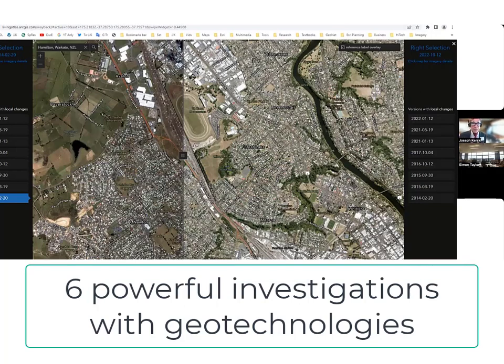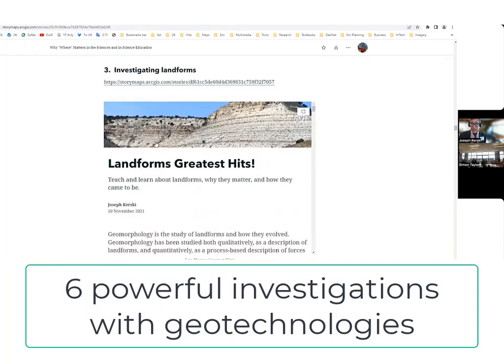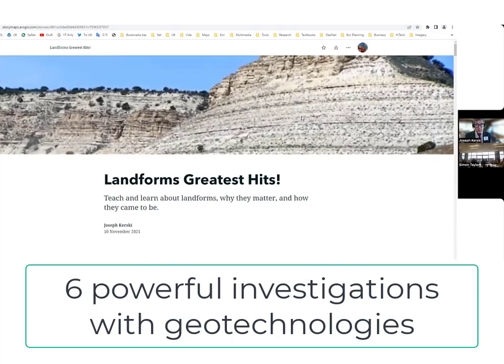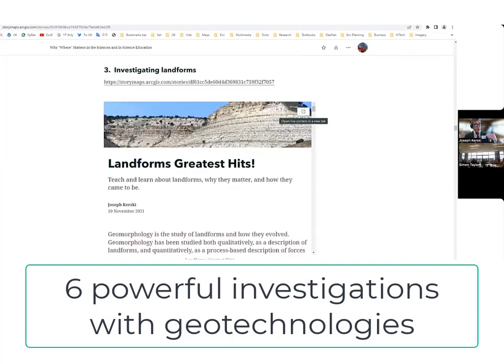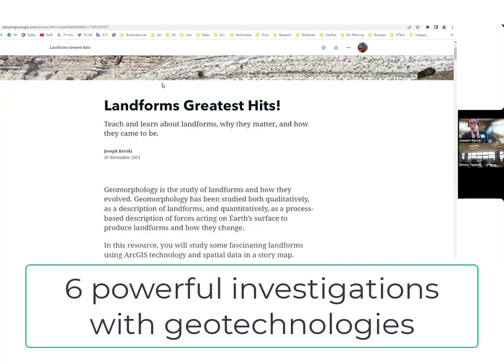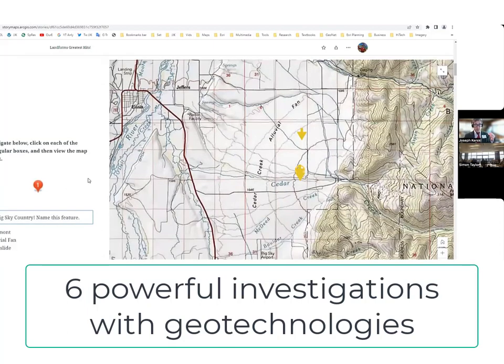So that is the Wayback Imagery. And that's another tool that you've got at your fingertips. I also have, I know a lot of you are earth science and you love this kind of stuff, an example of a story map, the one that I've been showing right here, this sort of whys we've been stepping through. But here's another one I built just as a proof of concept for teaching about a certain topic in science. So I love landforms and geomorphology. I mean, what's not to love, right? Okay, well, here's an example of how you could use this to teach about different landforms.